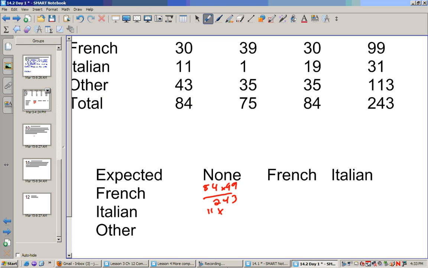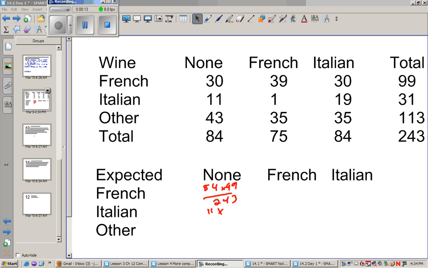All right. So what we do is we take, for Italian, we would take 84 times 31. Now all over 243. And for other, we would do 84 times 113 over 243. Now I figured out all of these numbers on my calculator, and the values are